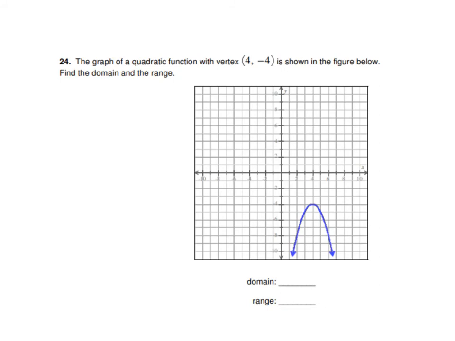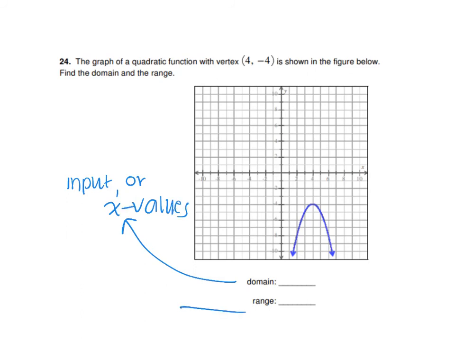Problem 24 is the same type of question as problem 23, where it's asking for the domain and range. If you recall, the domain is asking our input values or our x values. And our range is asking our output or our y values. If we look at this graph from left to right along the x-axis, because these are all of our possible x values,